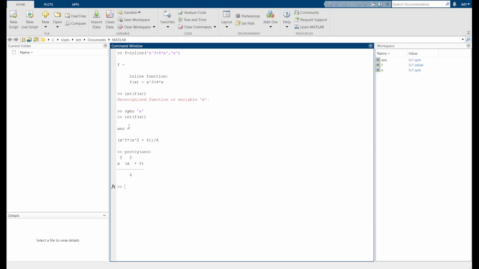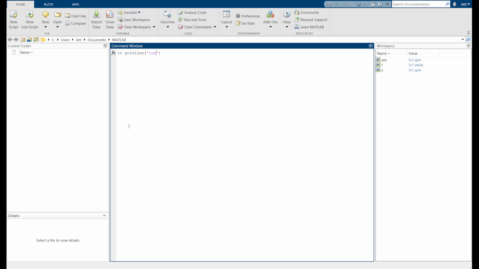Okay, now let's clear this. We'll use the clc function. Now let's try doing a definite integral. Let's say I have a function of g, and again, it has to be an inline function this time. Let's keep things simple and try a trigonometric function.